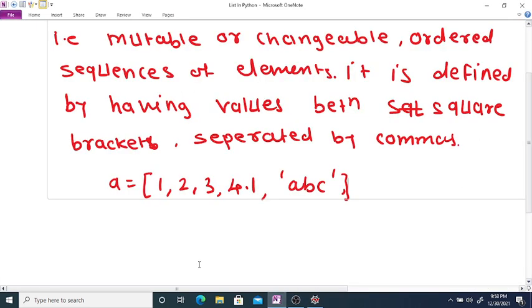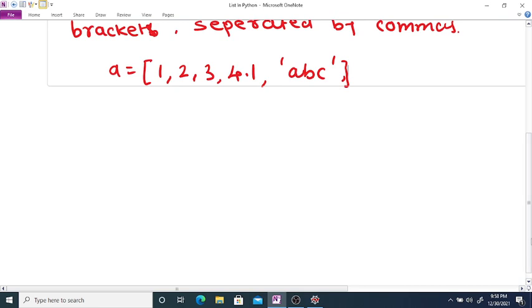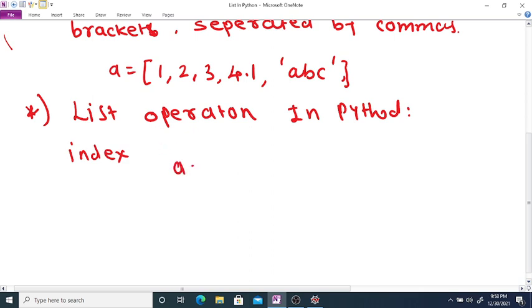The next topic is list operations in Python. The index of a list: say we define a list a is equal to 1, 2, 3 and so on.